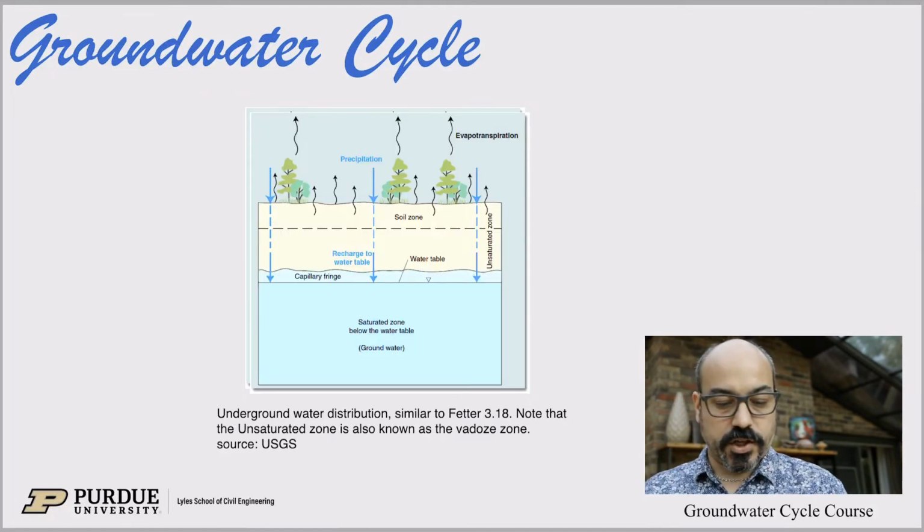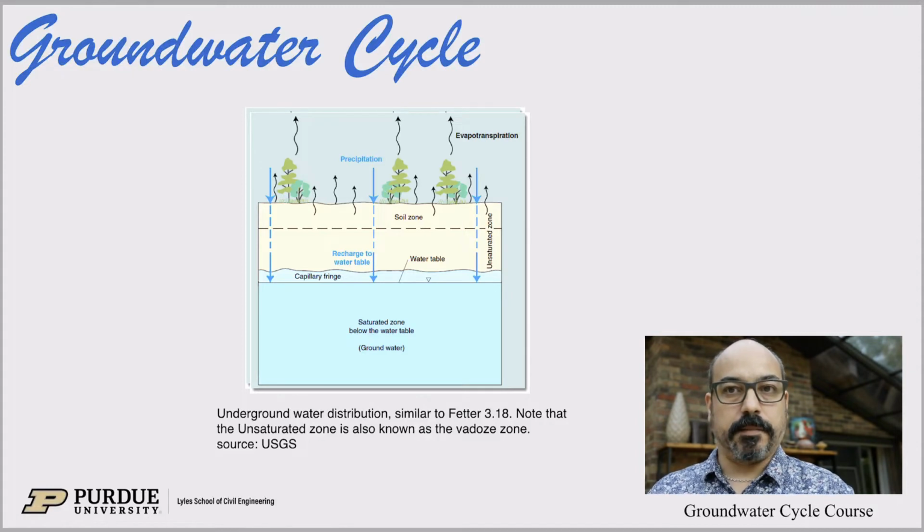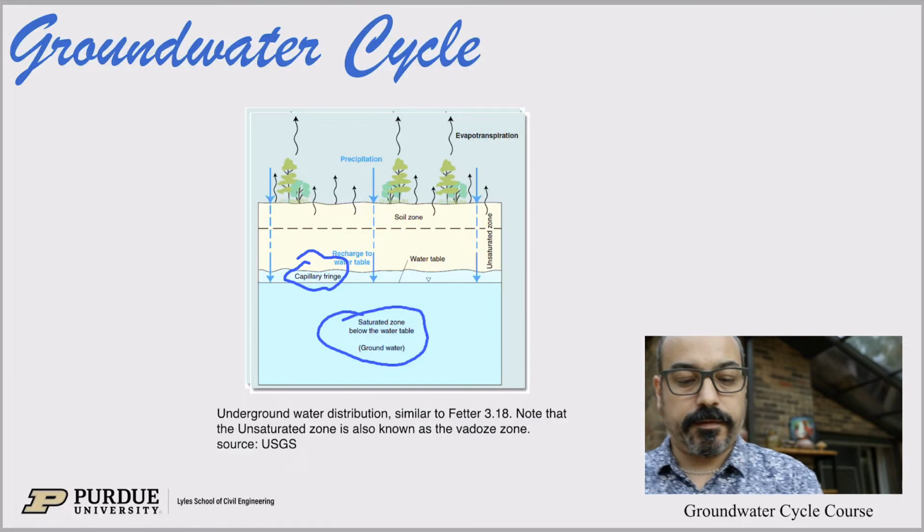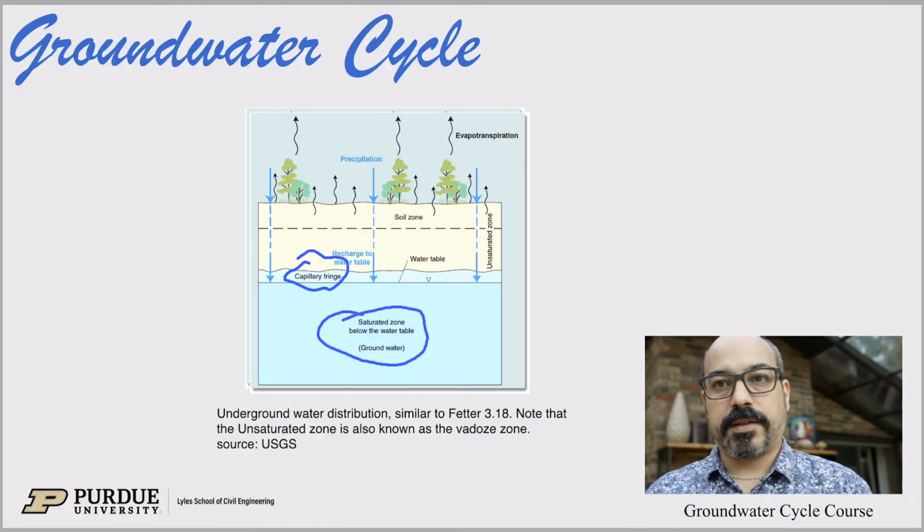Here is a little sketch from the USGS, and you can find a similar illustration in your books in Fetter, chapter 3, figure 18. And this is the usual nomenclature of underground waters. What we're mostly interested in this class is the saturated zone. Saturated means it's full of water, basically. There's water everywhere in all the pores, and so there's just rocks or sediment and water. Then above that you have what we call a capillary fringe, and this is a place where suction in the pores can hold some moisture, and then above that